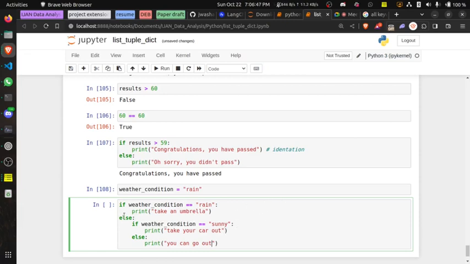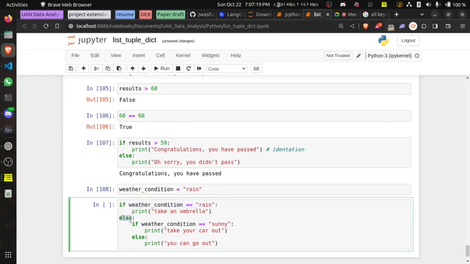Now let me explain it from the beginning what I've done. I'm checking the first statement, if it is equal to rain. If it is raining, this will be executed. If it's not raining, I mean if this condition is not true, then else.